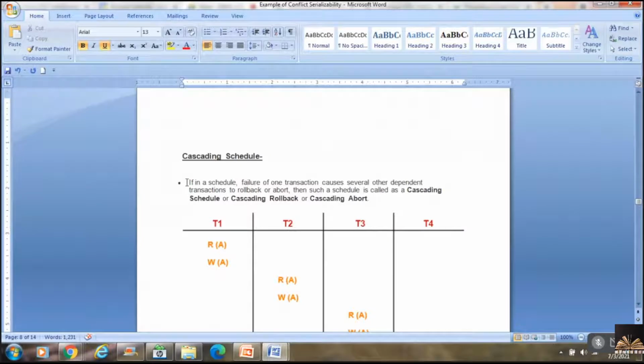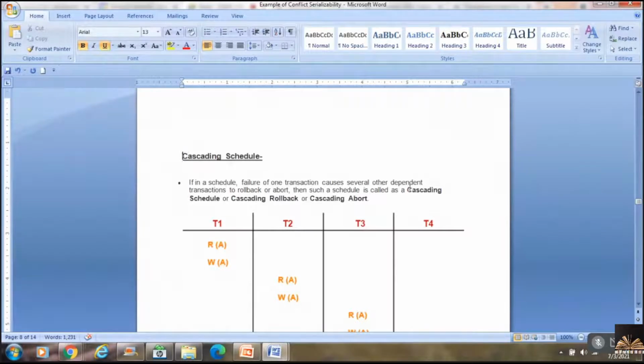So if I'm having n number of transactions in a schedule, the failure of one transaction might lead to the failure of all the other transactions which are dependent on the first transaction. Then such a schedule is called a cascading schedule or cascading rollback or cascading abort.